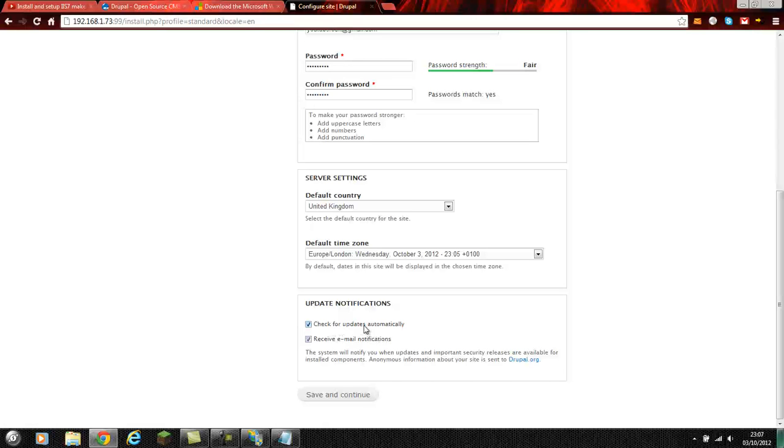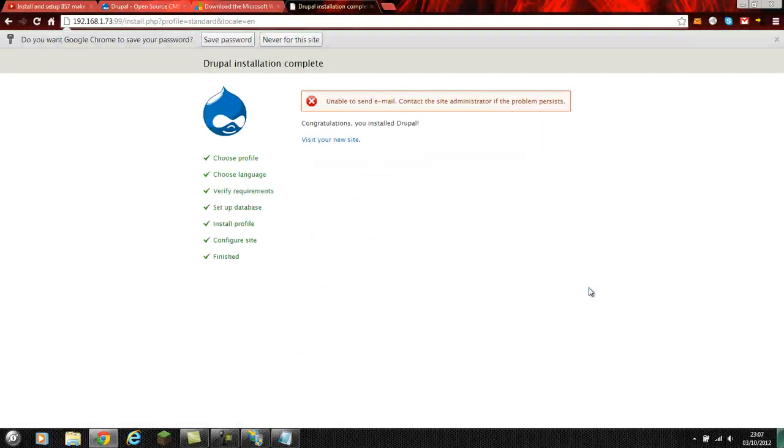Also, be careful when updating, because if you're using, say, a certain module that was for version 6, if you got a version 7 update, it might not be compatible. Sometimes it's okay, but you might have to wait for an update. Click save and continue. So now we're just waiting for that. Right, now